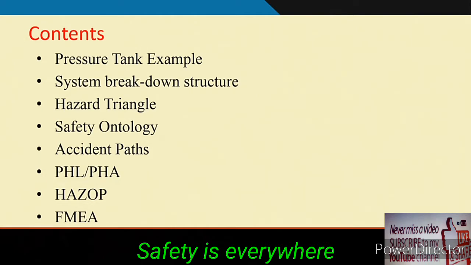Then, with reference to that pressure tank system, we will see the system breakdown structure, which will be a hardware based structure, then the hazard triangle, then safety ontology, and from the safety ontology several accident paths can be generated. Then the preliminary hazard list, preliminary hazard analysis, HAZOP, FMEA, all with reference to the pressure